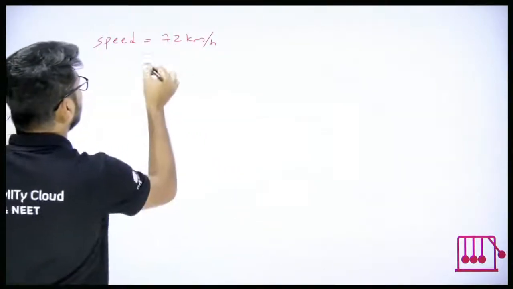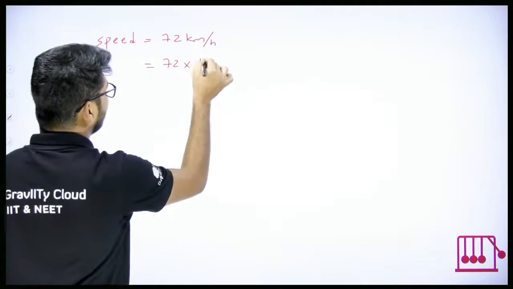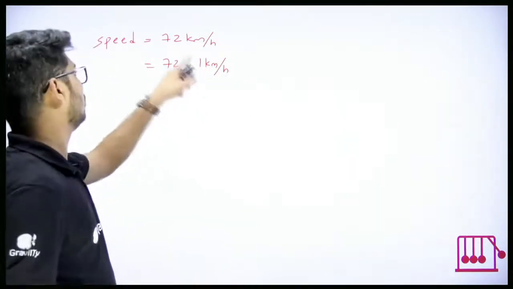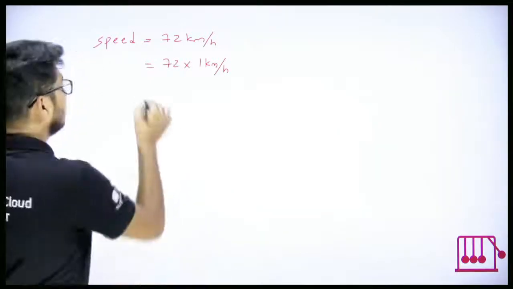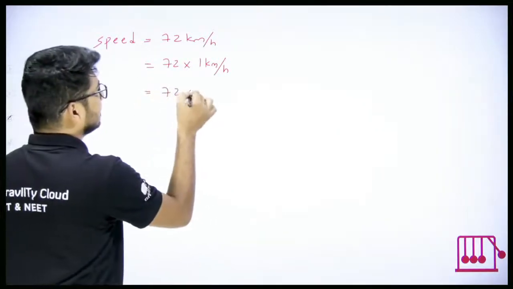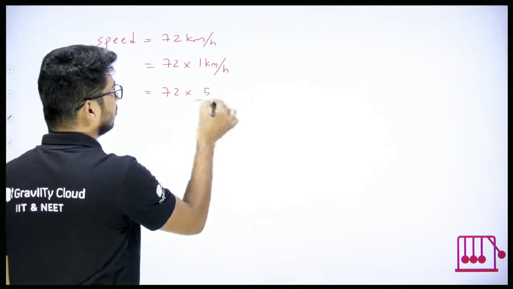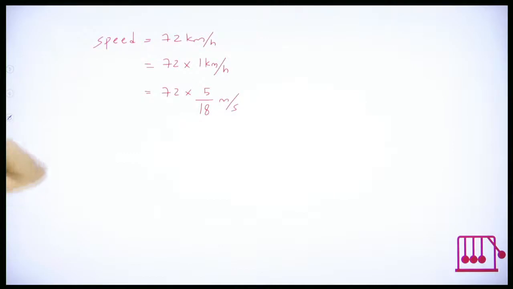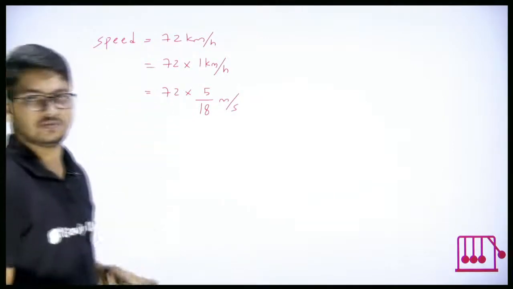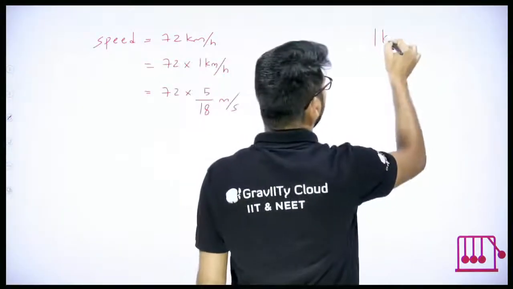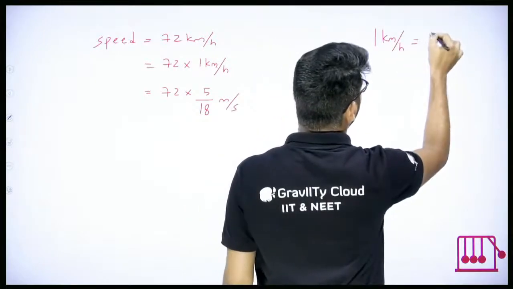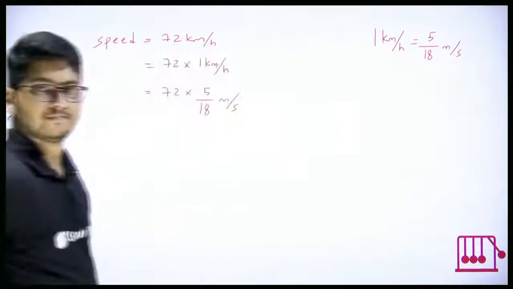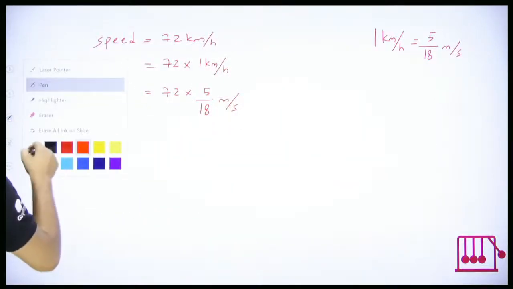Clear? How? Look at this. This can be written as 72 into 1 kilometer per hour. 72 into 1 is equal to 72. Then, what is 1 kilometer per hour equal to? 5 by 18 meter per second. 1 kilometer per hour is equal to how much? We know that. 1 kilometer per hour is equal to 5 by 18 meter per second. Yes? Good. Then,